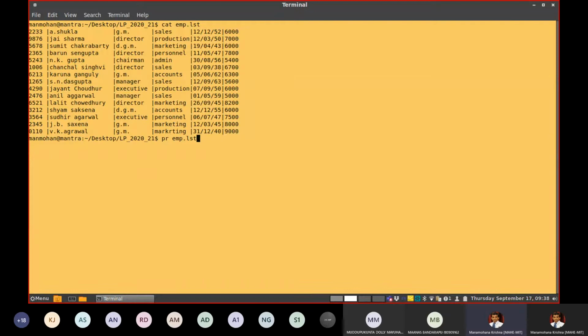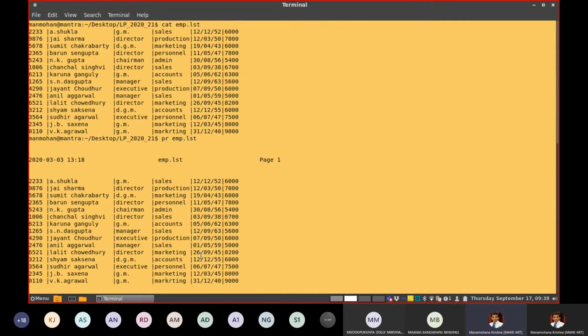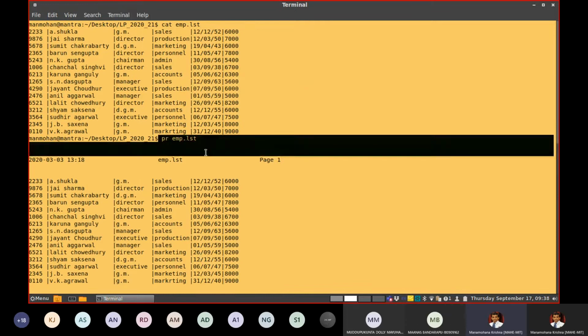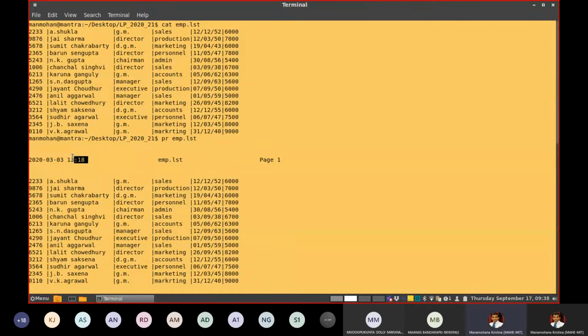The moment you write pr emp.lst, it is printed in this particular way. Now look into the way in which it is printed. So I entered the command here, pr emp.lst. Then it is going to print with its own format.